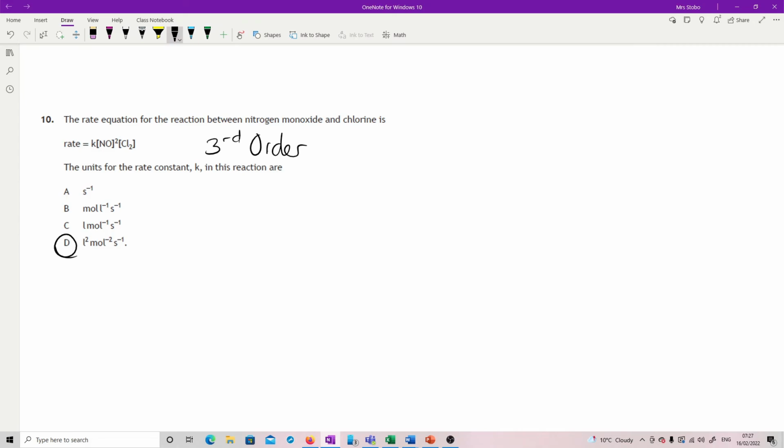I just go with memorizing it, but you can, if you wish, totally fine, do the actual calculation. So you could do that: k, and we've got [NO]^2[Cl2]. So what you're doing is moles per litre, squared, multiplied by moles per litre,